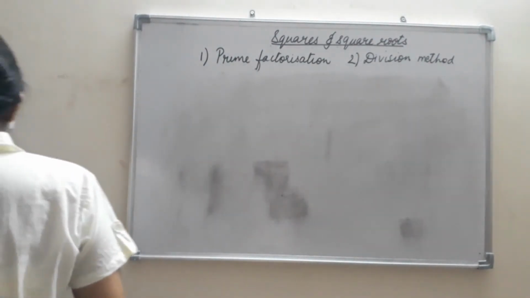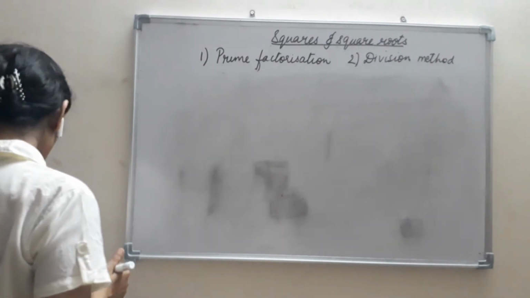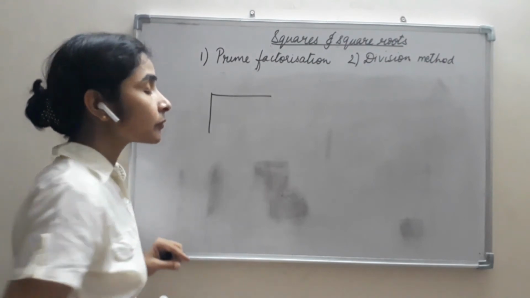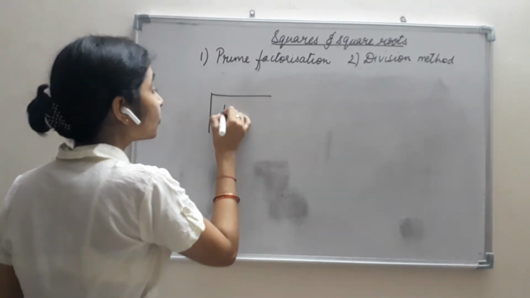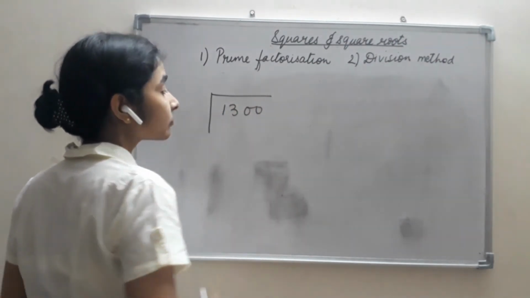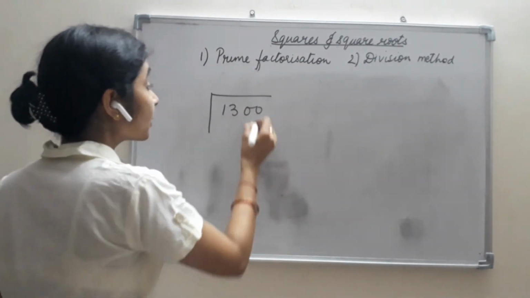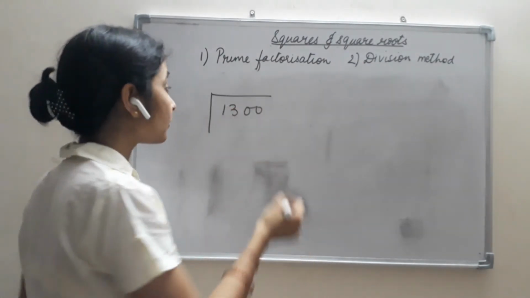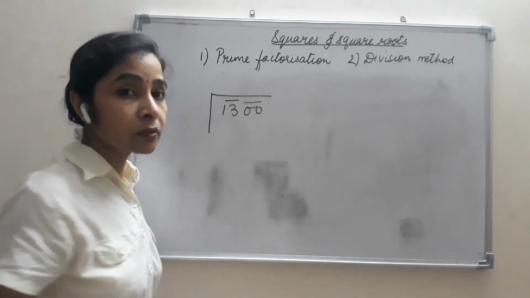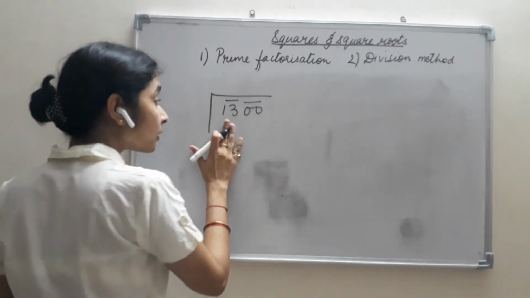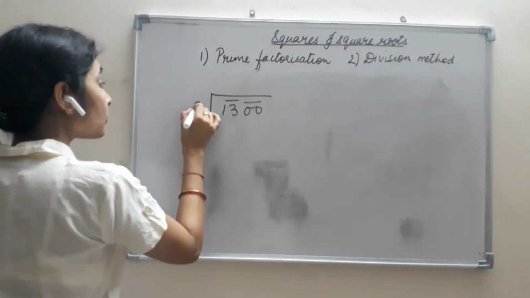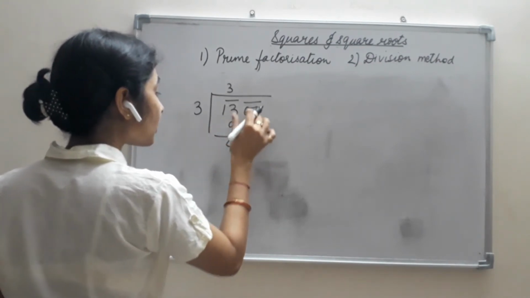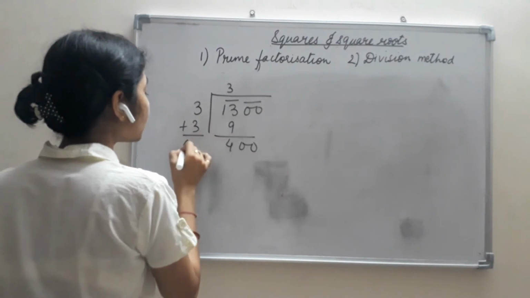Let us see. Suppose we are given a simple number I take: which is the smallest number which should be added to 1300 to make it a perfect square. So we know that it is not a perfect square number, though there are 2 zeros, but 13 is not a perfect square number. So again in pairs I get this. Now which is a perfect square number before 13? Yes, 3 3s are 9. What remains here? 4. 00 comes down. Plus 3 is equal to 6.